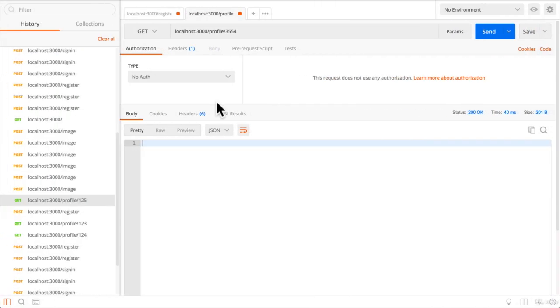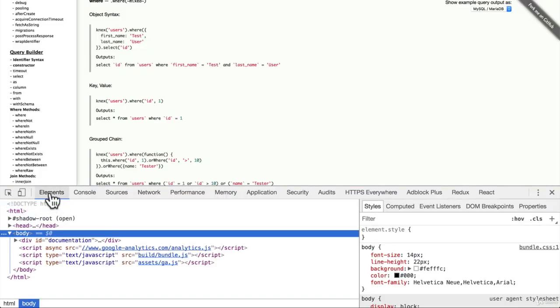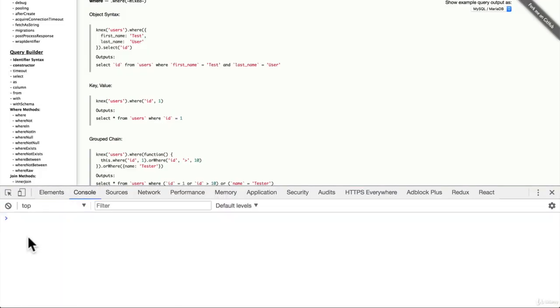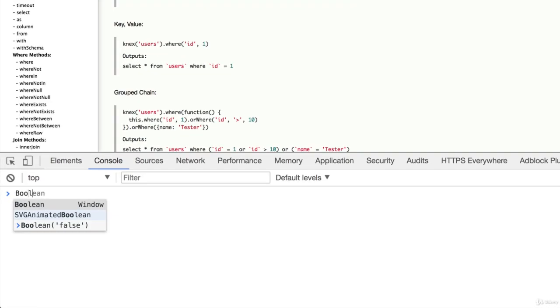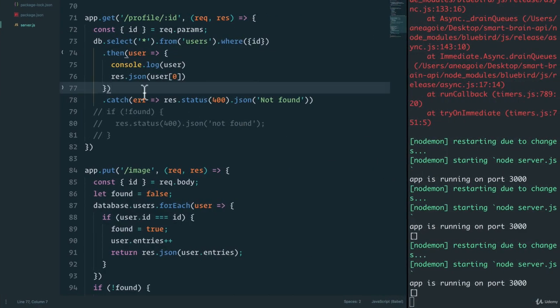Because in JavaScript, if I open up the Chrome console, again, trick of JavaScript, if I do Boolean of an empty array, it's technically true. So the way we want to check against an empty array, well, we simply say